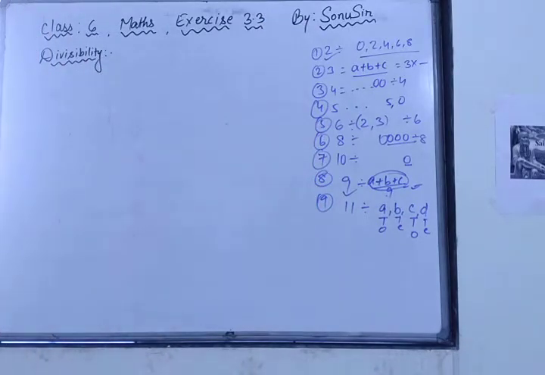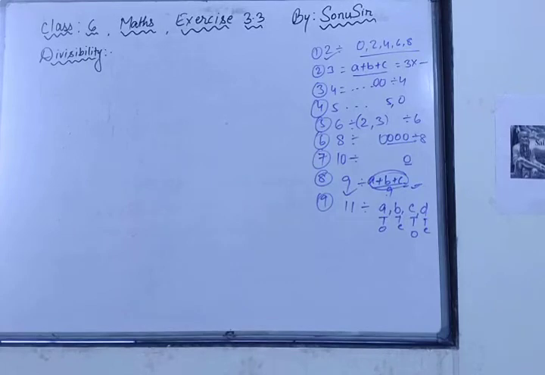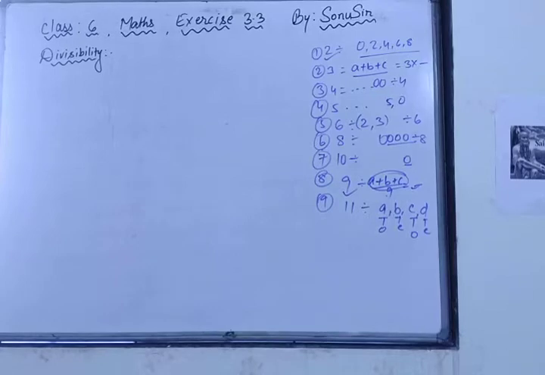The rule is the difference between the sum of the digits at odd places from the right and the sum of the digits at even places from the right. Means from the right side you have to add the even-place digits and the odd-place digits separately. As an example, suppose I give you the number 18308.